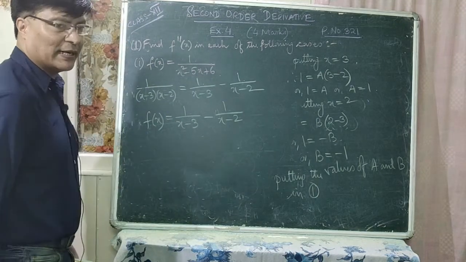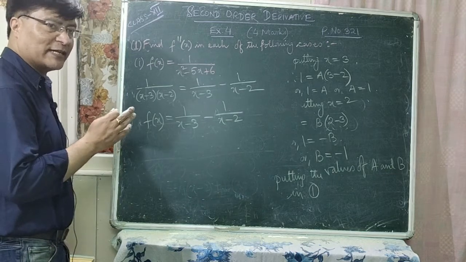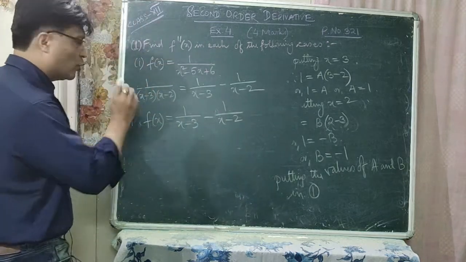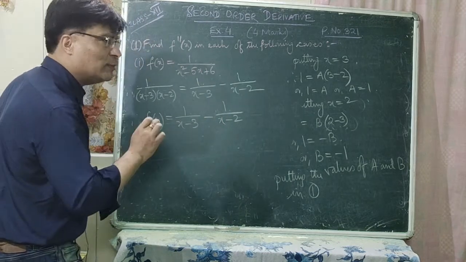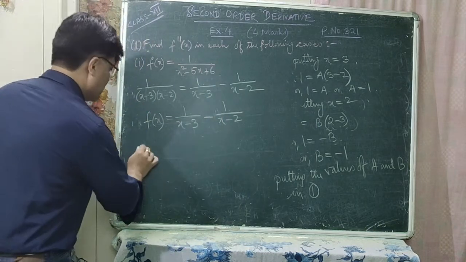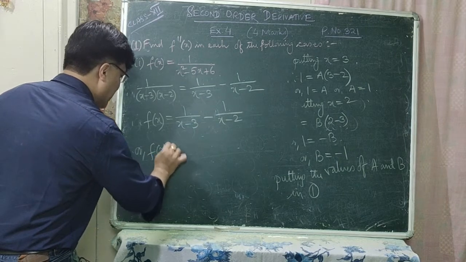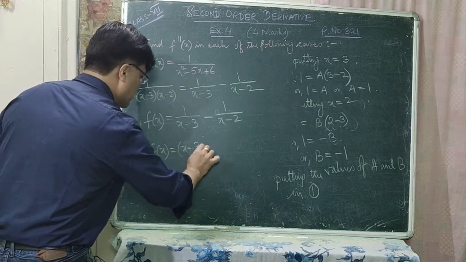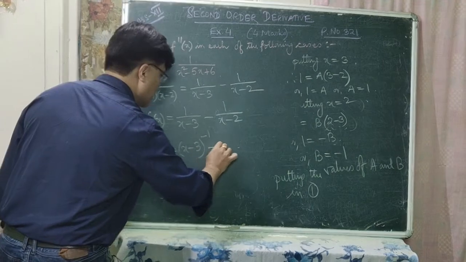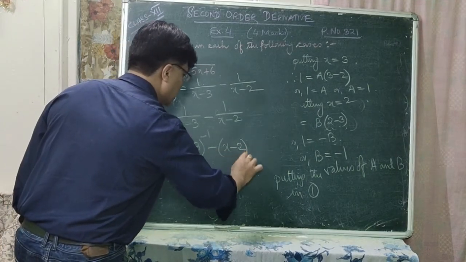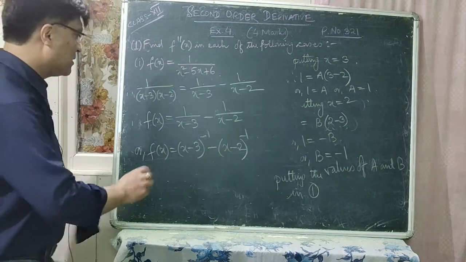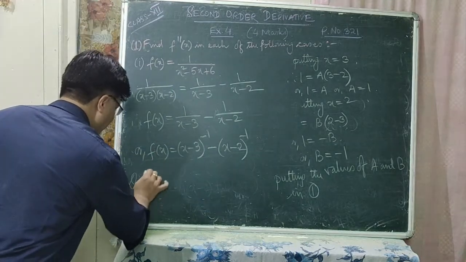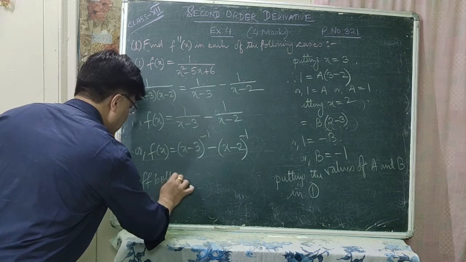You can get f double dash of x. So before that, you have to get f dash of x. So before that also, x minus 3 is taken to the numerator so that it will be easier for you to differentiate. Okay? So f of x is equal to x minus 3 whole to the power minus 1 minus x minus 2 whole to the power minus 1. Right? Now let us differentiate. So differentiating both the sides